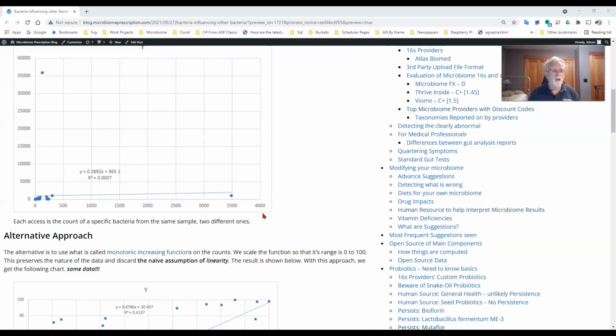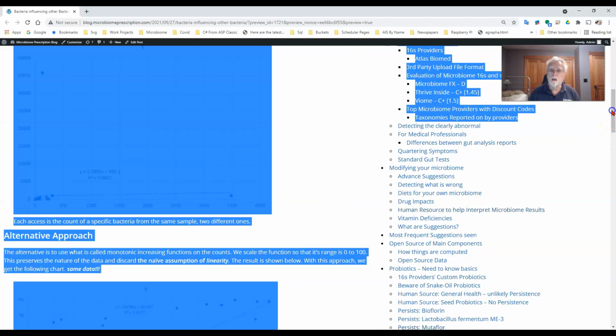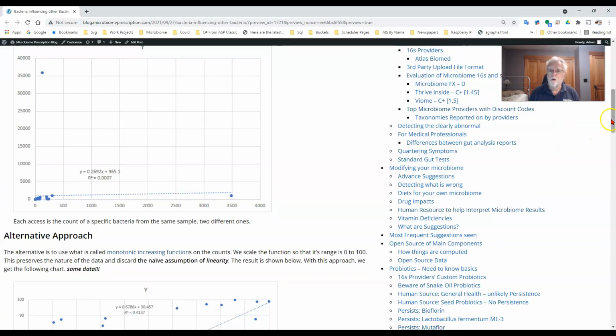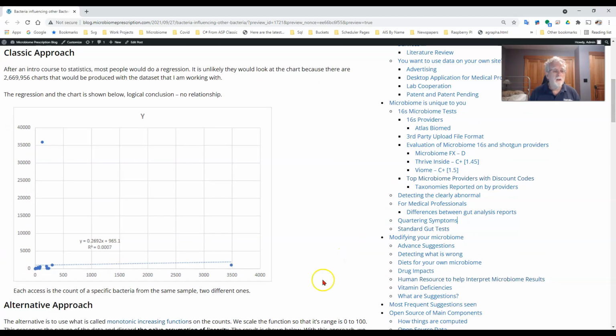So now if we go down, there will be a link in the notes on where this page is. You'll see that when I plotted it using Excel, we have practically no relationship at all, and r squared, the correlation coefficient, is practically zero. In other words, the immediate result will be that somebody will conclude, nope, no relationship. And people won't necessarily go and plot all of them. You can see it almost looks like we have a relationship here, but if you look at the classic computations,